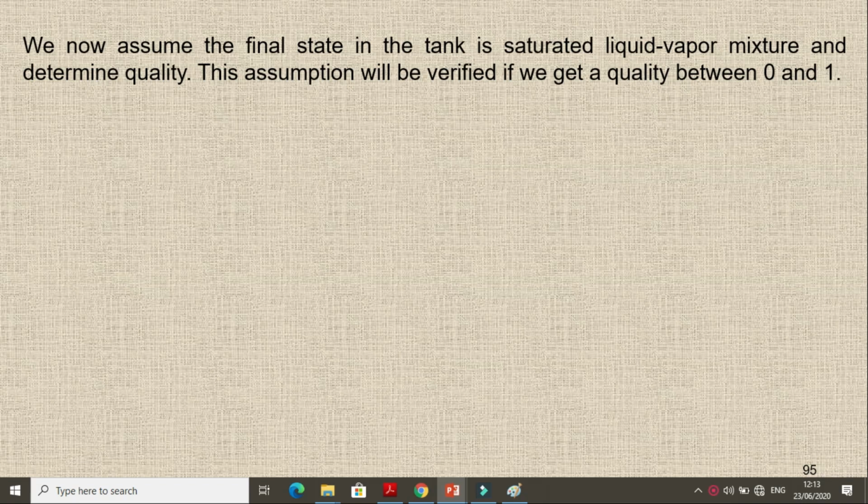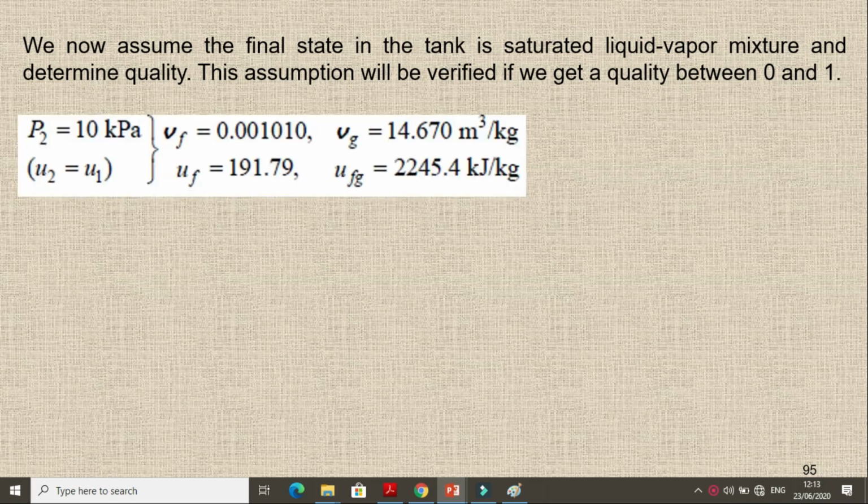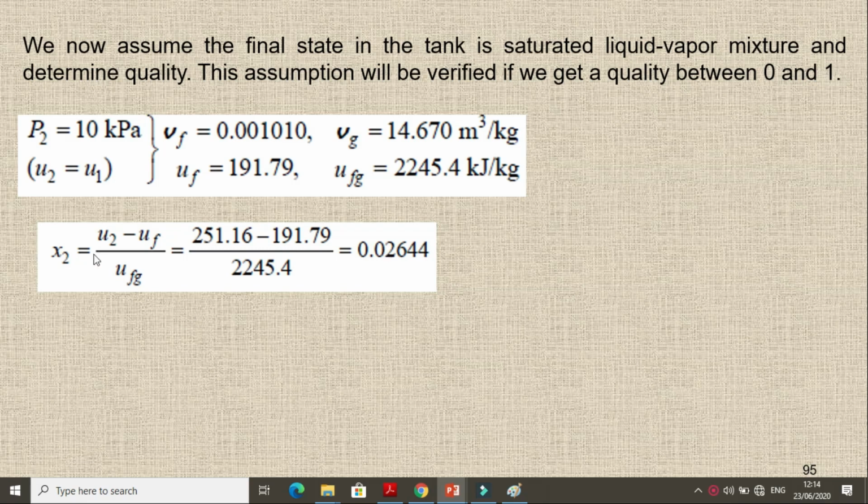If I'm saying that it is a saturated liquid-vapor mixture, then we will have the pressure of 10 kilopascal, because it is given that the final pressure is 10 kilopascal. U2 is equal to U1. So the initial internal energy and the final internal energy are the same. We are saying that it is a liquid-vapor mixture, so we can check Vf and Vg, and Uf and Ufg. With this we can easily find the value of x, because we know the final internal energy, we know Uf, and we know Ufg. So with U equal to Uf plus x Ufg, we can find the value of x at point number 2,